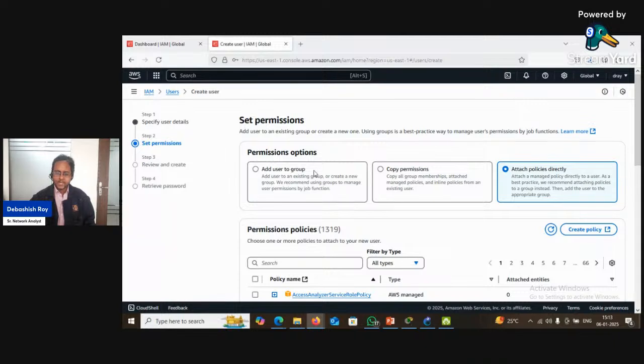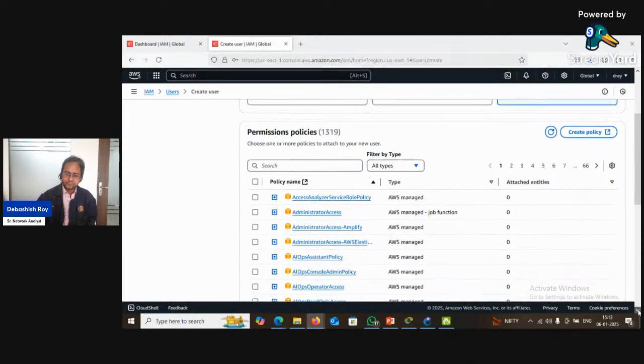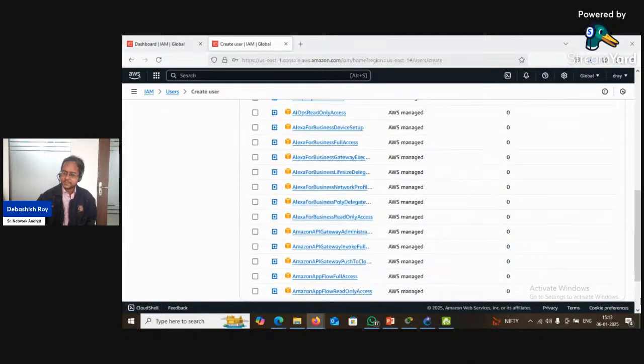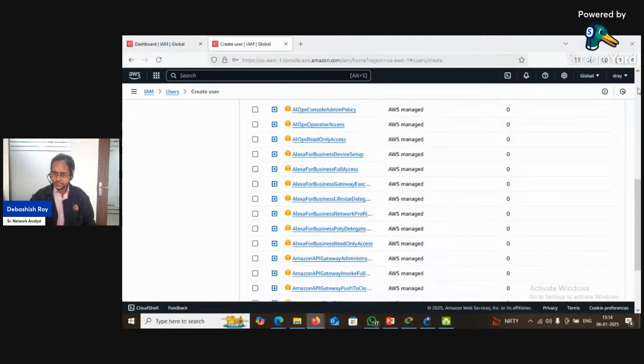You can add other user or group. You can copy permission from other group members, like they're having some policies they attach, so you can copy the permission or policies right from them. Or else if you are attaching policy for the first time, then say attach policies directly, and you can search. See, there are different policies, say different roles, so whatever the user is assigned for, you can actually search here,